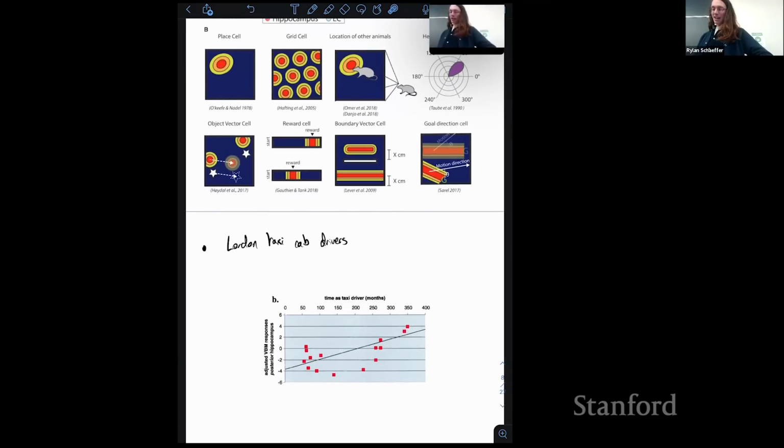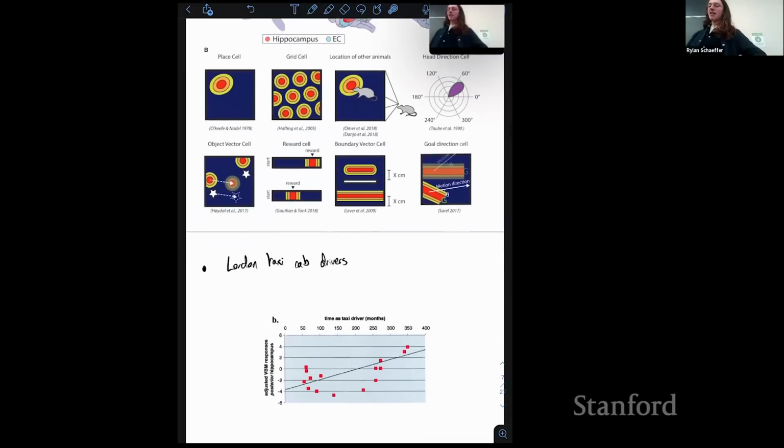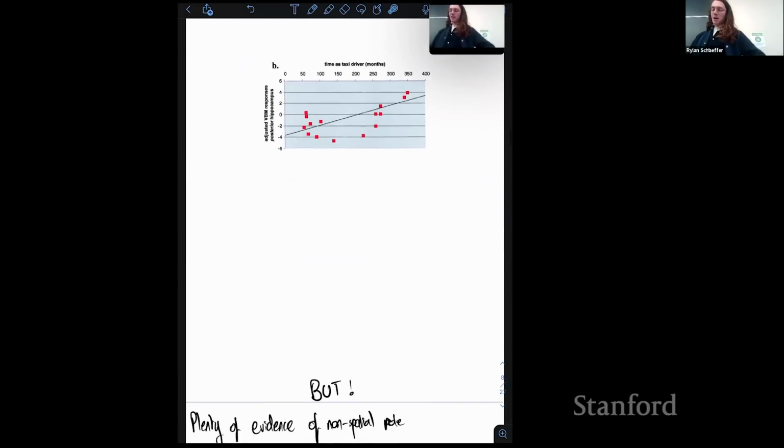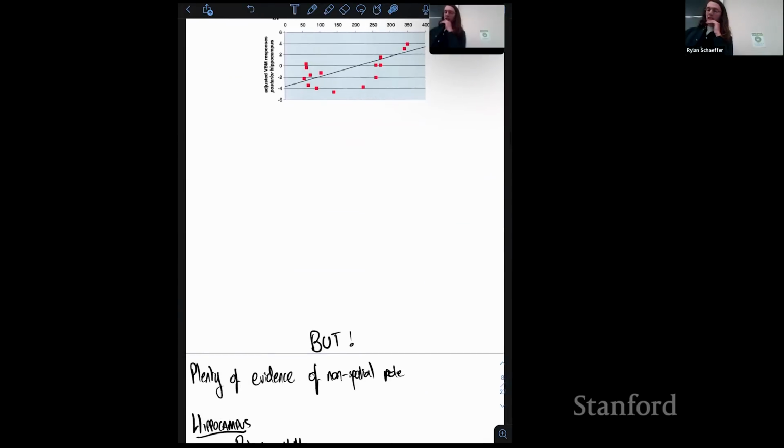And so what they've got here is a measure of the size of your hippocampus using fMRI versus how long you've been a taxi cab driver in months. And the claim is basically the longer you're a taxi cab driver, the bigger your hippocampus, because the more you're having to do this kind of spatial reasoning. So that's a big set of evidence that these brain areas are doing something to do with space. But there's a lot of evidence that there's something more than that, something non-spatial going on in these areas. Okay, and we're going to build these together to make the broader claim about this underlying structural inference.